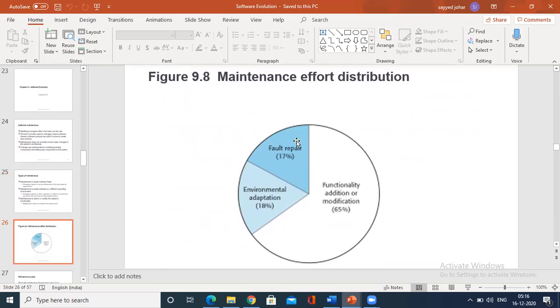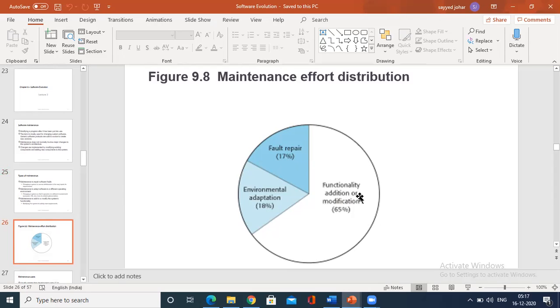The first category is fault repair. It is only 17% of the effort that you put in to maintain. Similarly, 18% goes to environmental adaptation. Next is functionality addition or modification, usually adding a feature.